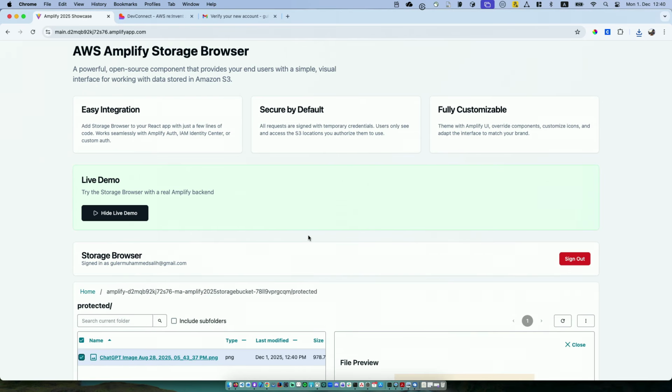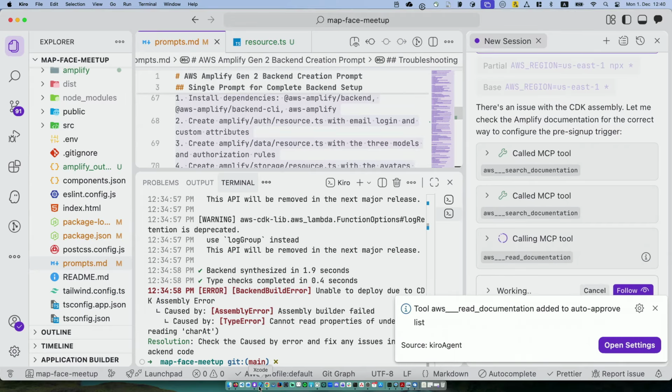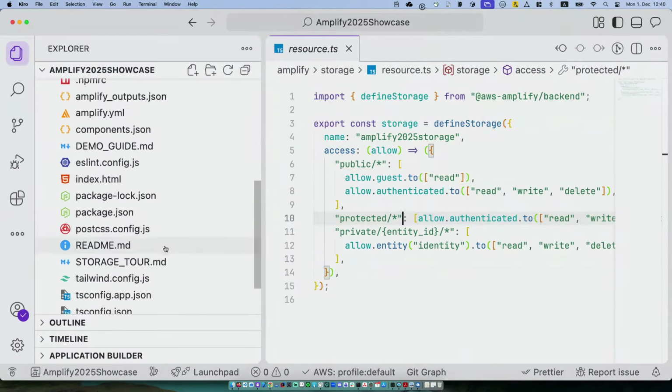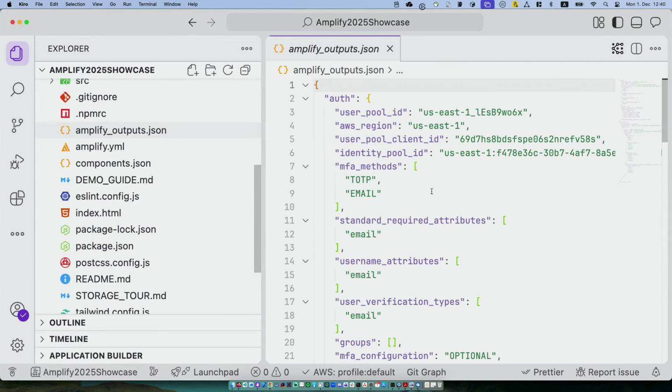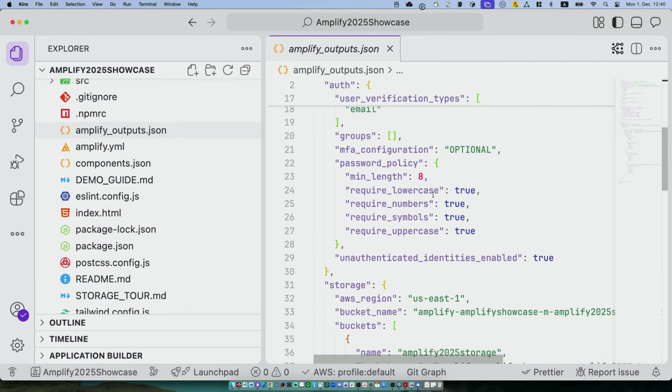You don't need to think about how to do it and what to do. Everything is happening through Amplify's way of building apps, which is, let me go back, which is through the Amplify outputs.json file here. It keeps all the information that we need, and it allows us to share this through the components as well. But this is not it. We have more things to showcase. In the meantime, other thing works.